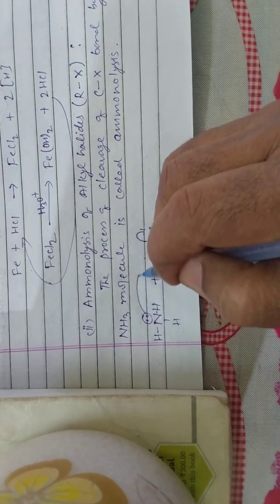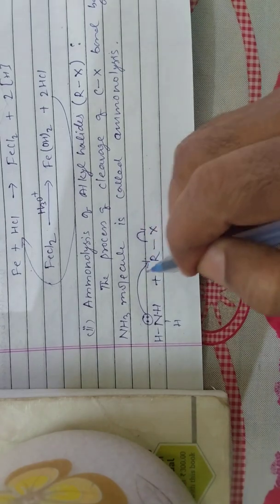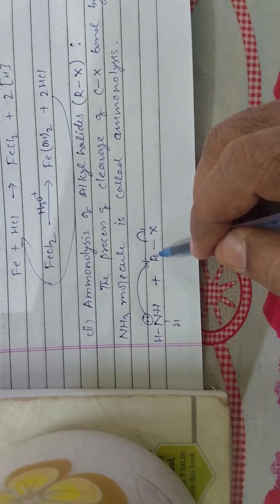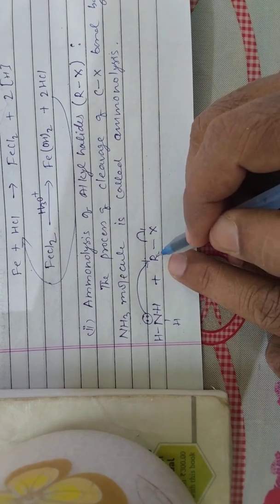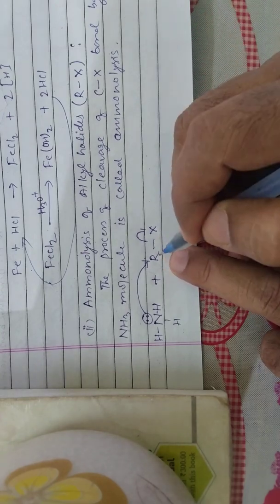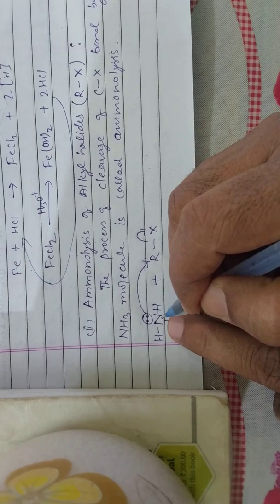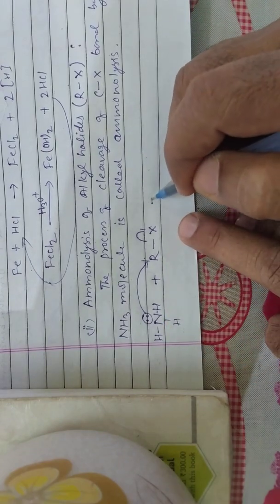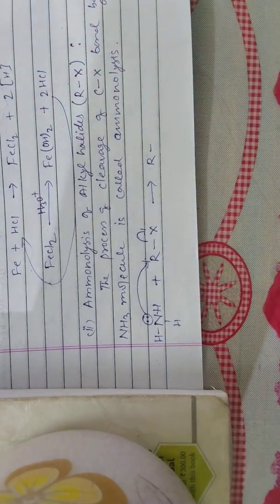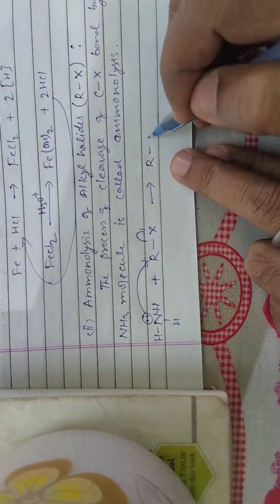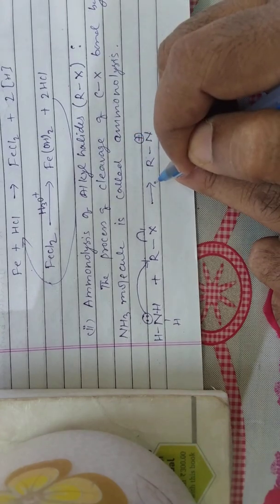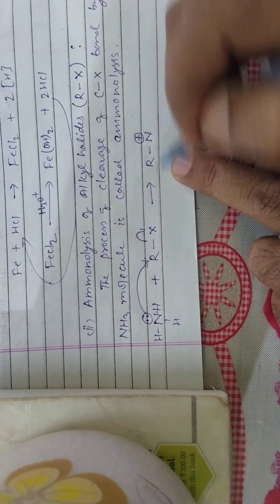So this lone pair of electrons will move toward the positively charged center present on the residual part of the alkyl halide, that is, the alkyl group. Now this alkyl group will be attached to the nitrogen, and this will give R. And one more thing, an intermediate is formed. Here you see RN positive, because nitrogen has donated its electron to the alkyl group and formed a bond,